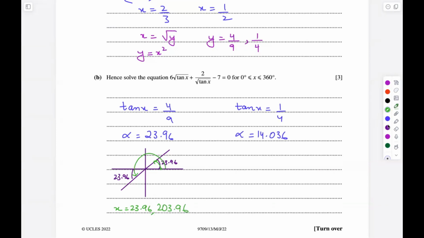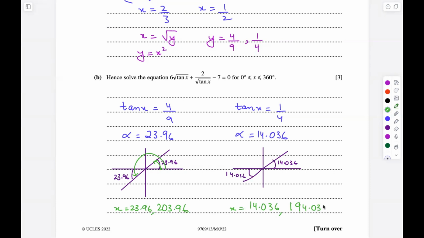Now take the basic angle, which is 14.036. Again, we'll be making 14.036 in the positive quadrants of tan, which are the first quadrant and the third quadrant. So the other two values of x will be 14.036 and 180 plus 14.036. So that will be